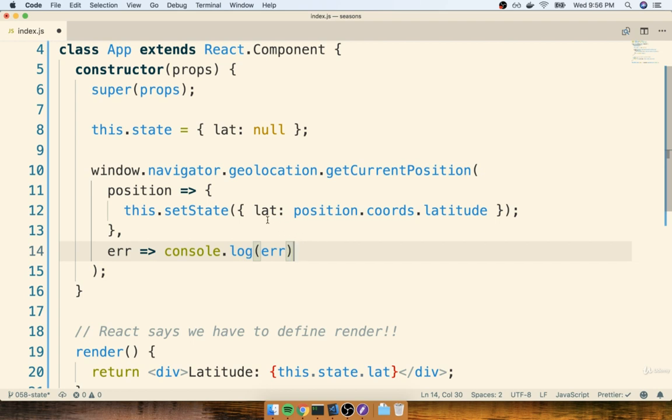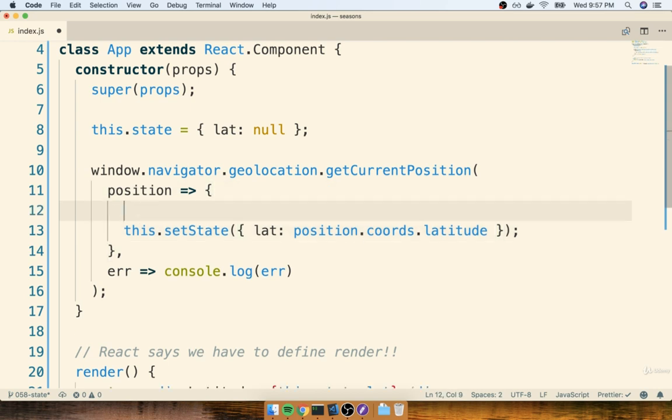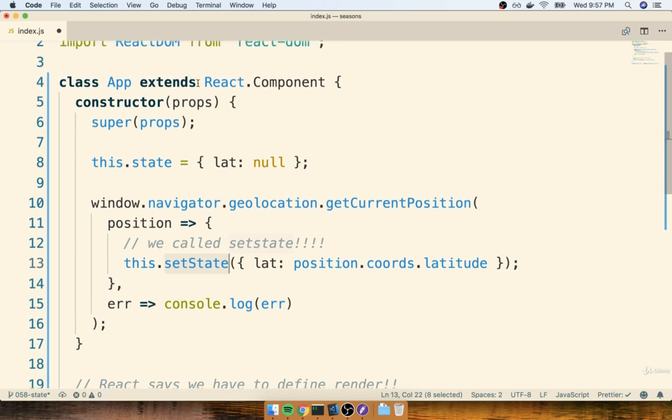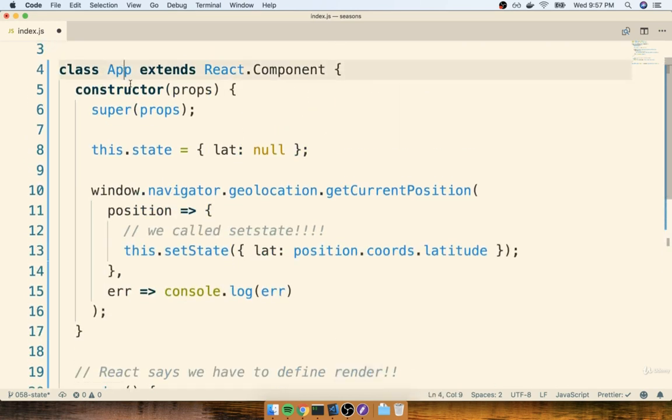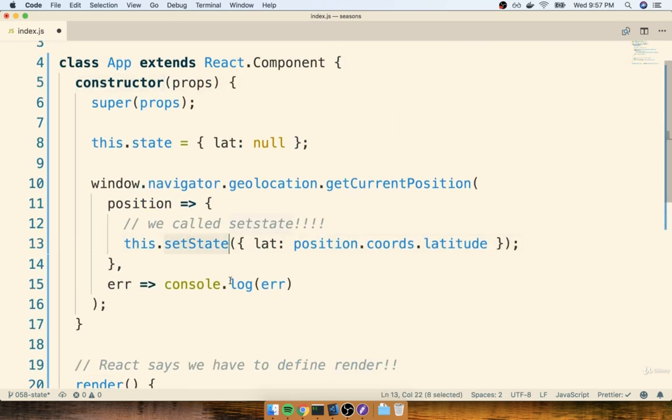Now, something that I really want you to notice here, to update our state object, we called setState. setState is a function that gets put on our app component automatically when we extended React.component. So you might be noticing here that there's a lot of very specially named properties and functions that you have to memorize inside of these React components. Stuff like the name of the render function is one of them. The constructor function is another. And then right here is an example of a function that you need to memorize. You need to remember that this thing is called setState.